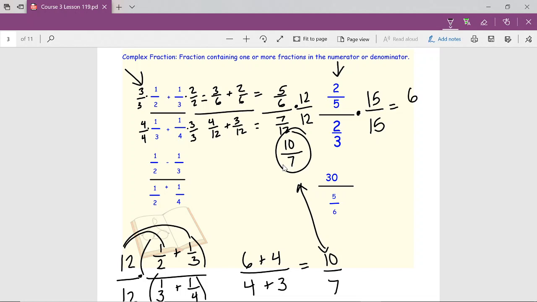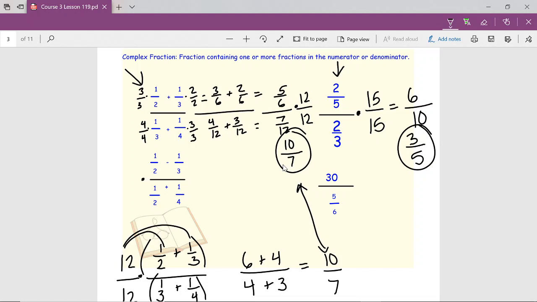Divided by 5 is 6, or there's lots of other ways to get there. 2/3 times 15. Well, we get 2 times 15, which is 30, divided by 3 is 10. We reduce to 3/5. All right, so using that common denominator method, we can find that simplified fraction from this complex fraction. All right, and I'm going to show this newer method as well for this next one with that